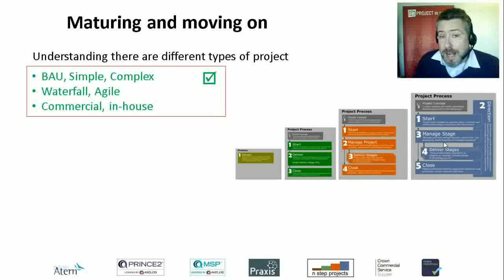Although actually they have an agile element to them. Agile is a different way of thinking about projects, where we don't plan it all up front and try and deliver what we've planned, but we identify what might be required and work through the most important aspects of that until we've spent the money and the time. And we might do another session on Agile later. We'll come back to that thought. So different types of projects. Actually, these steps, the 4 and 5-step projects, have the ability to insert an agile element into the middle of the project. These delivery stages can be agile in nature.